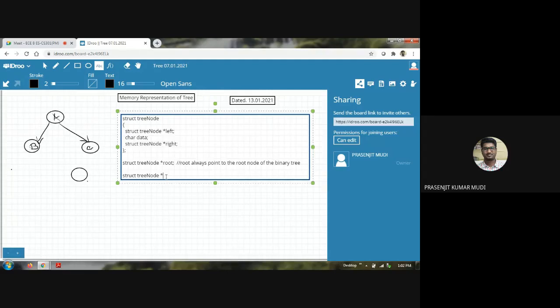Struct tree node star temp, and that temp should be given the address of the memory allocation of this new node, using malloc with size of struct tree node. By this code the memory allocation is done and its address is held by the temp pointer.